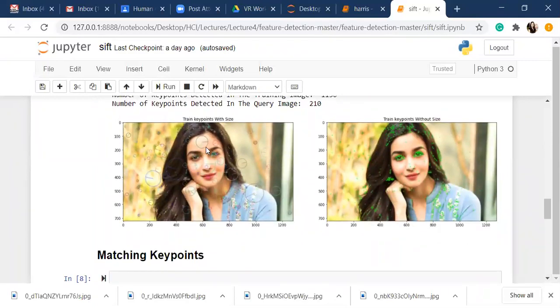You can see in the Alibit's images there are certain features, like the nose and eyes. In the hair there are certain features. There is a corner in their lips. So there are train points with and without sizes. With sizes means you can see a circle with a large radius. But train key points without size means there is nothing in the circle, but we create dotted points in order to detect the features. The features are detected in terms of the eyes, ears, hands and nose also.